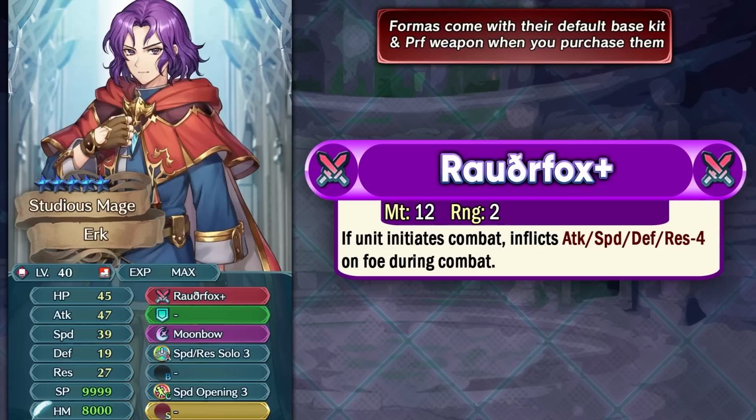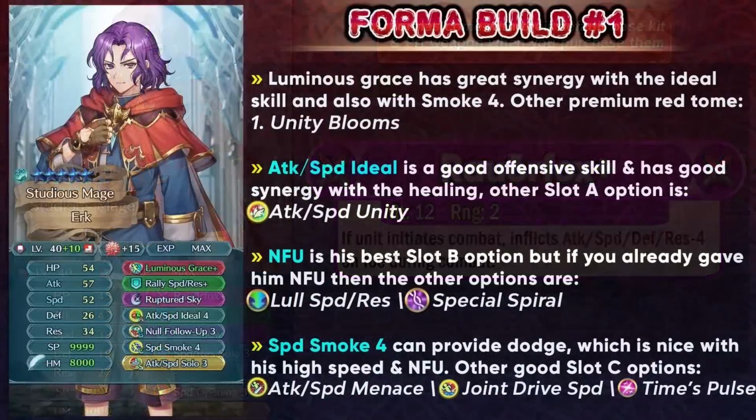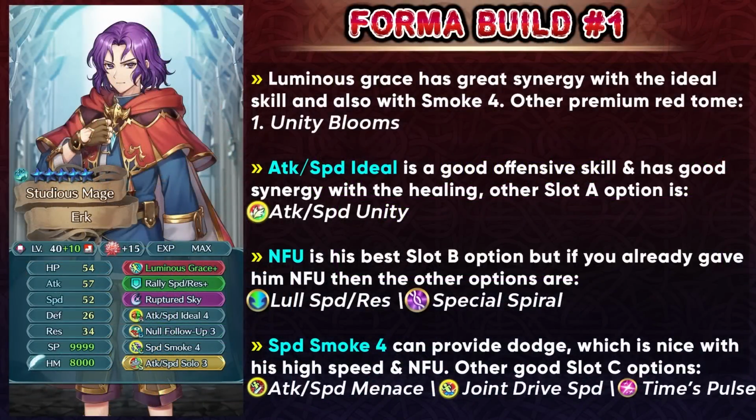But he's actually pretty fast with that base 39 speed and also having a super boon in it, and Erk is a really popular character, so a lot of people do have him as their merge project, and this is pretty much going to be our best chance of getting the most premium skills on him and saving a ton of fodder. So if you want to give him a better weapon, then Luminous Grace Plus is going to be